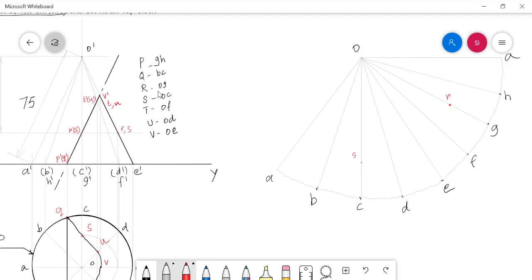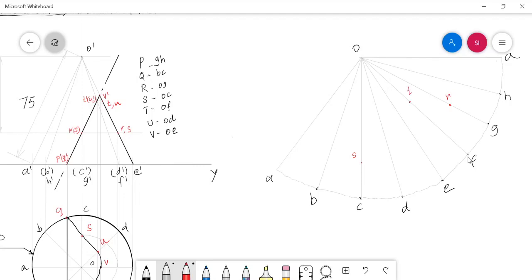Cut point S. And the cut point T, measure the distance between O dash T in the extreme generator O dash E dash, and with that distance in the generator OF I can mark the cut point T. So the generator OF is here, with the measured distance I can mark the cut point T approximately here, this cut point T.